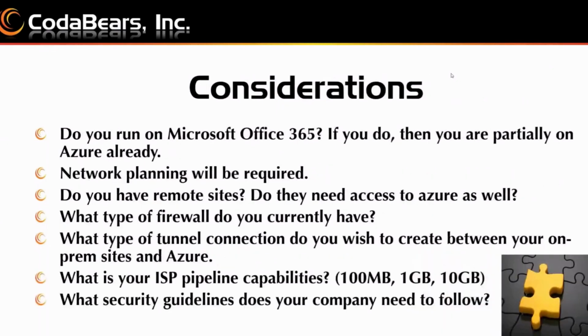All right, so let's say you've made the decision that you do want to go to the cloud in some case or another. Things that you're going to want to be aware of: one, do you already have Microsoft Office 365 enabled for your business? If you do, then you're already partially on the cloud, so you have some groundwork to work with. A network will be required for Azure. Like I said before, it acts as if it is a remote site, so you're going to need things like a subnet mask, a gateway, IP scope, DHCP range, all that type of stuff. So you are going to need some build up for that.